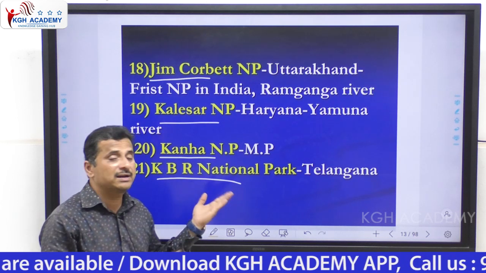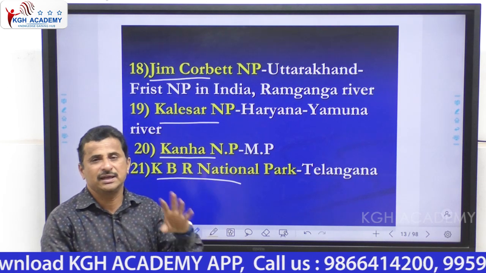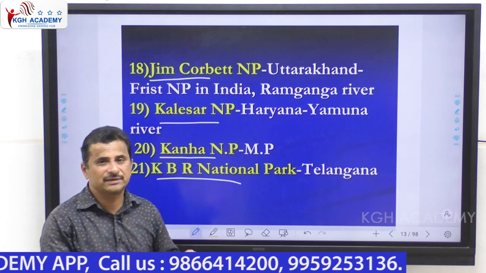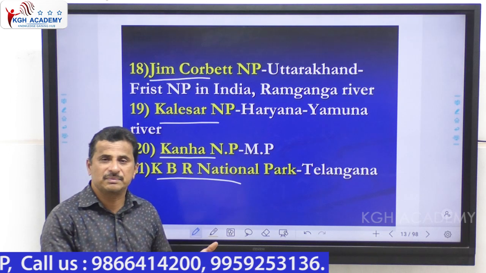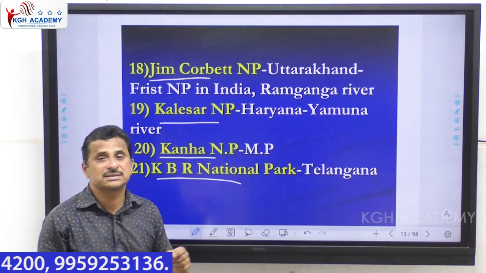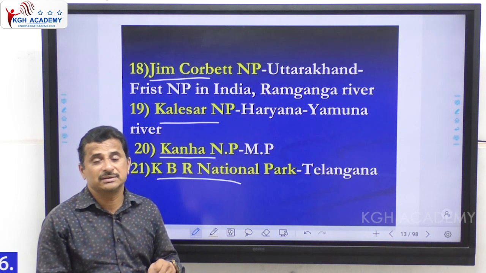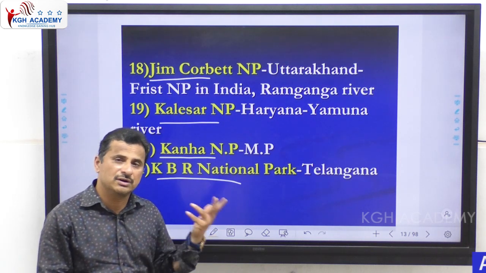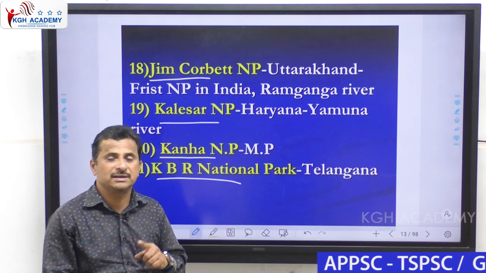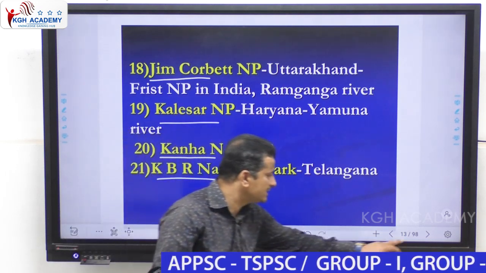One is KBR National Park, which is in the center of the Hyderabad area, and Mahavir Harini Vanasthali National Park is also part of Hyderabad. Mrugavani National Park is also very adjacent to Hyderabad. Like this, three national parks are present in the center of Hyderabad. Really, this type of condition you cannot see in any other metropolitan city. Okay, very important for TSPSC and APPSC also. And next, after this,